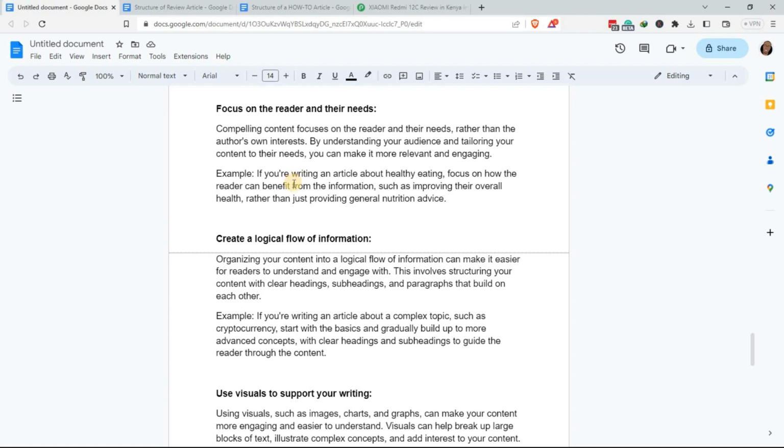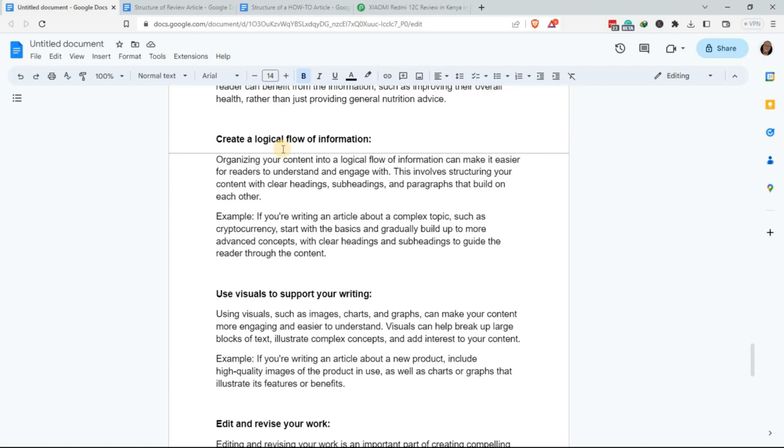So an example is, if you are writing an article about healthy eating, focus on how the reader can benefit from the information, such as improving their overall health, rather than just providing general nutrition advice. So remember that, focus on the reader and their needs. Forget about what you want as an author.